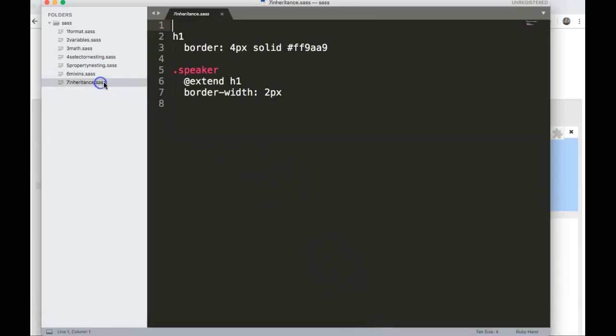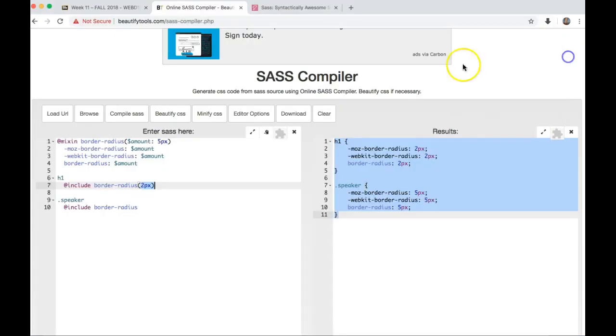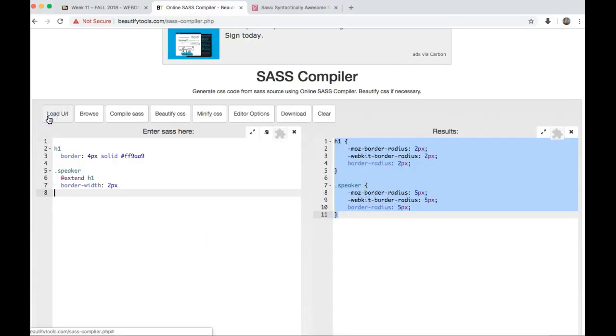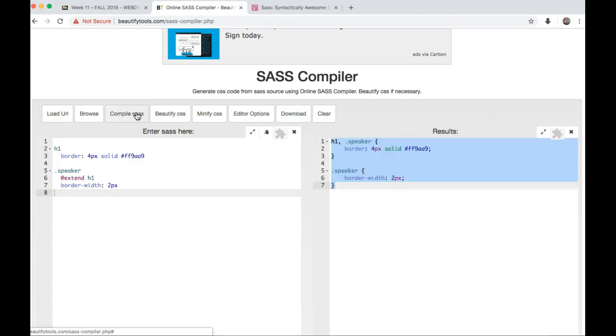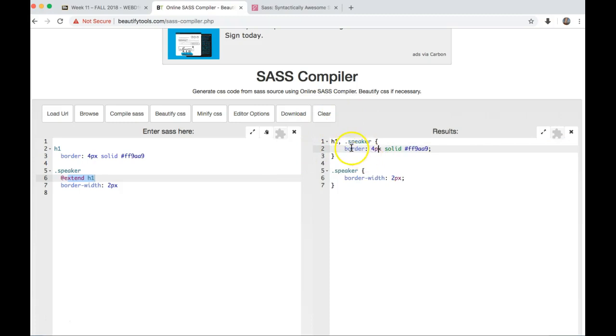So only one more, and this is inheritance. So I'm going to go ahead and copy and paste this into our code, and we have an inheritance where we have H1 border 1px solid, which is fine. It's right here. But we've extended H1 here, and by using this extend keyword, we've extended all the values into speaker so that we get the same